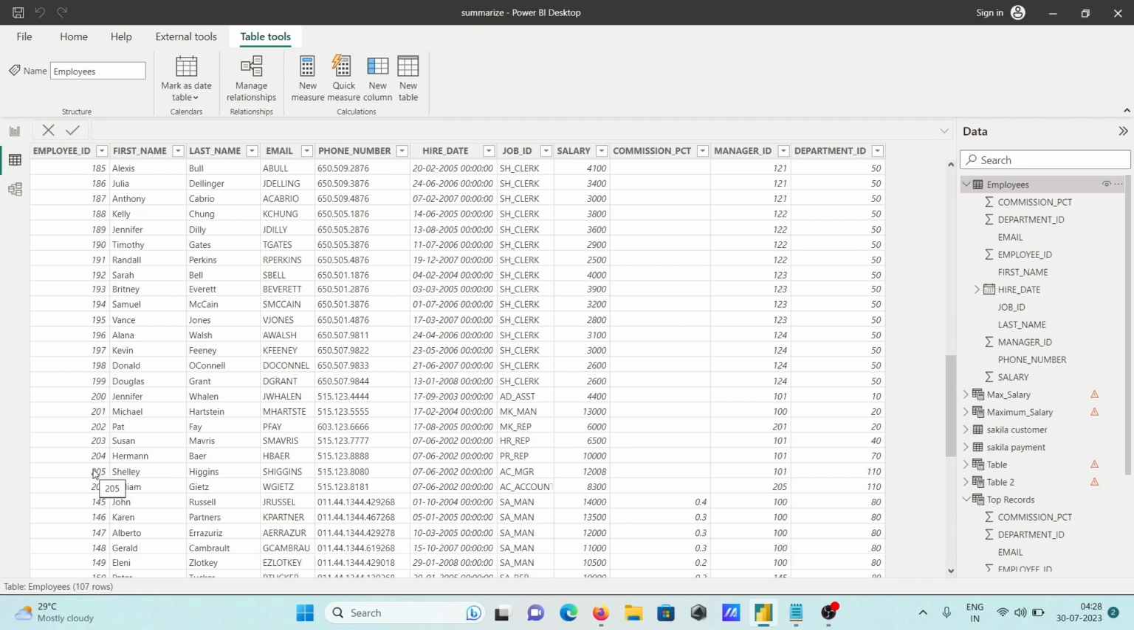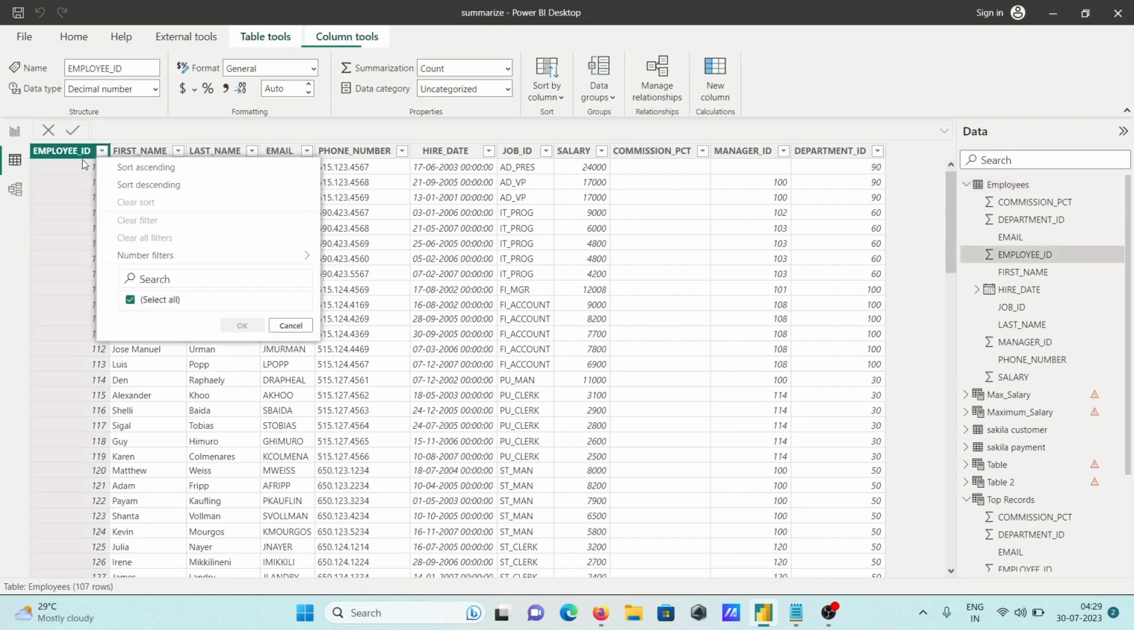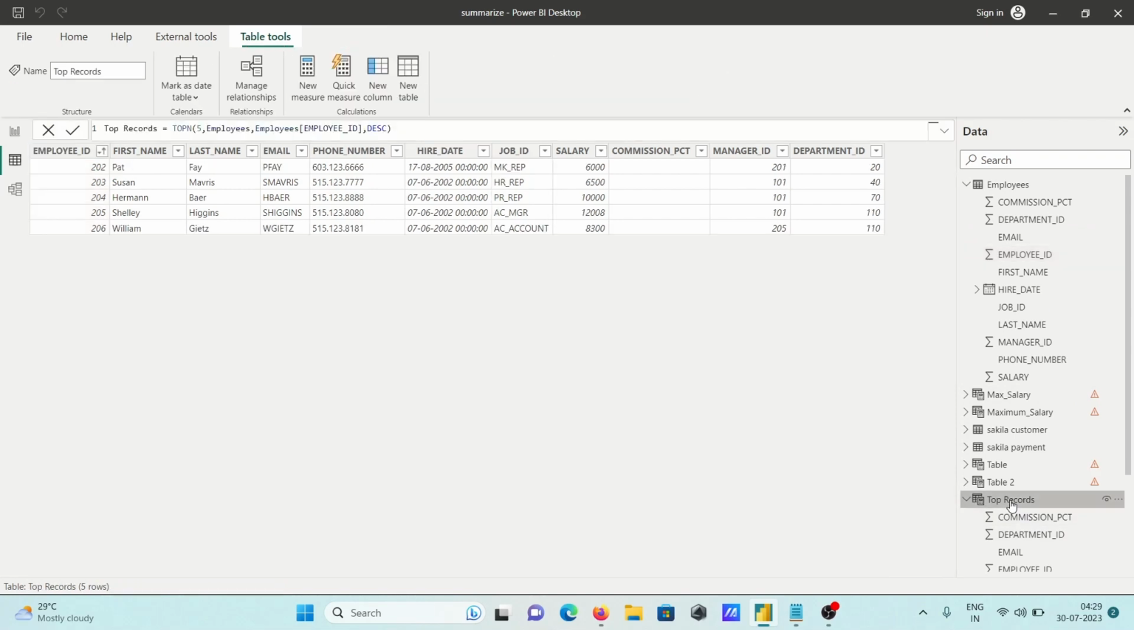So after doing the descending sorting, here you can get the records 202, 203, 204. So this is the bottom record after doing the sorting. If I apply it on this descending order, you can see here 201, 202, 203, 206. So this is displaying 202 to 206, which is the top 5 records from the bottom. Okay,